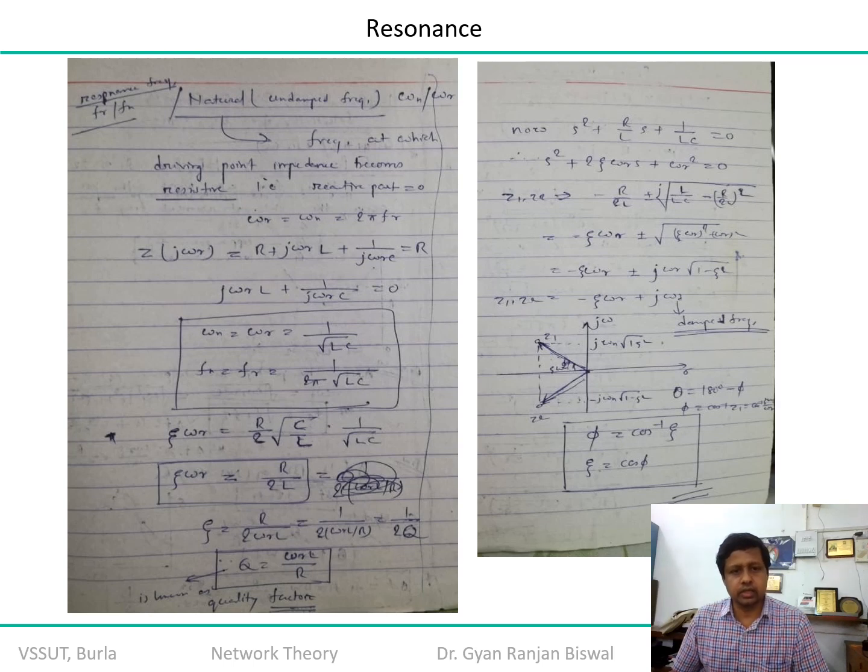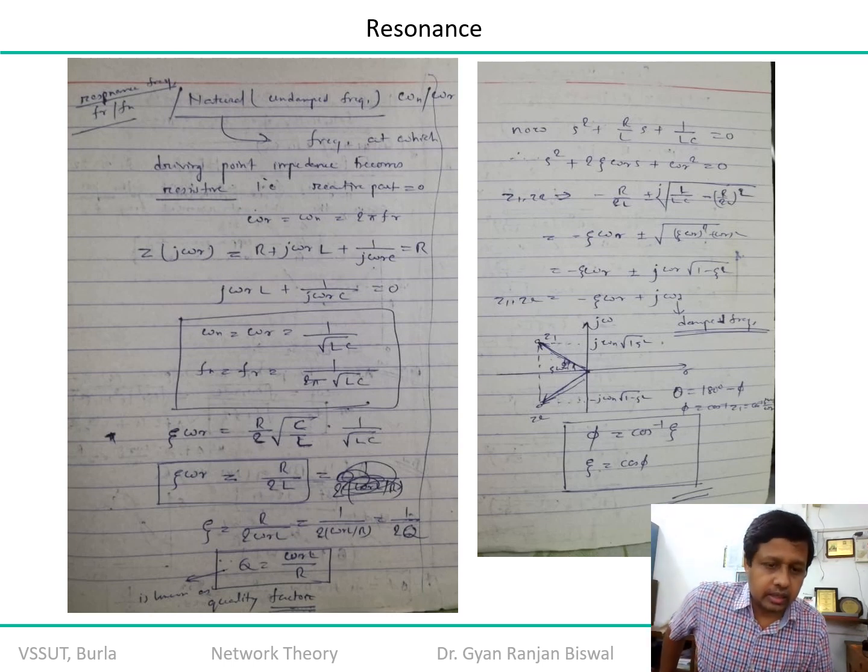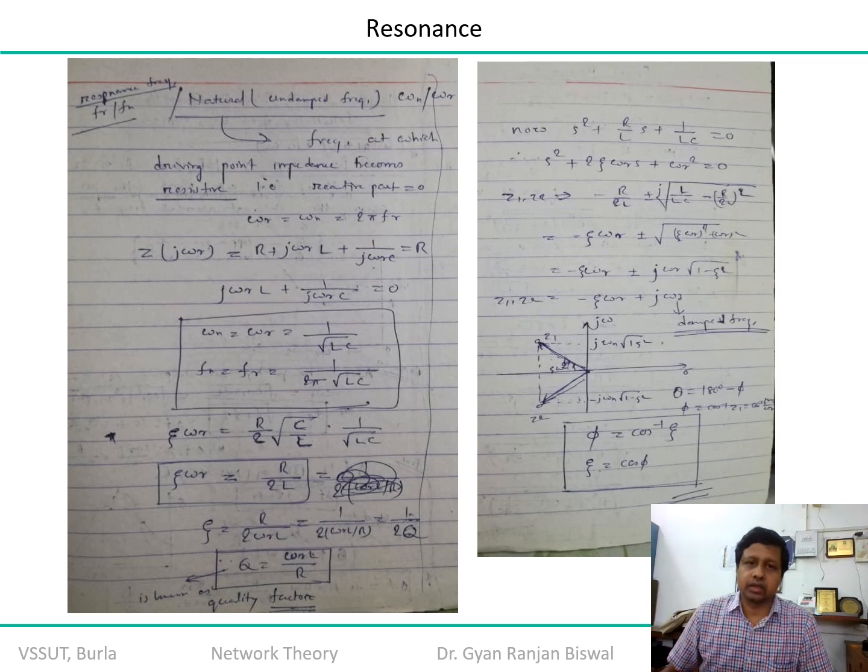So therefore, can you calculate your zeta? Your calculated zeta will be R upon twice omega L. Okay, so you can substitute the value of zeta. Now probably you can appreciate what you have got, 1 upon 2Q, where Q is the Q factor, right? The point where you are getting the maximum magnitude, right? And therefore Q is equal to omega L by R. That is called the quality factor of the system.